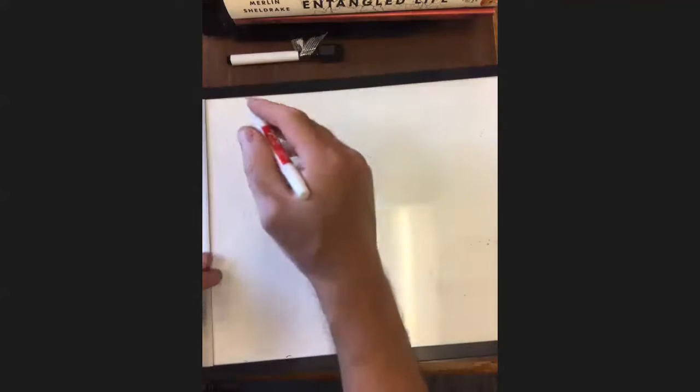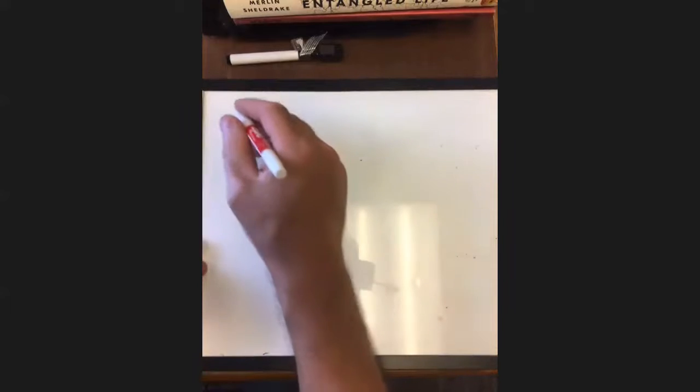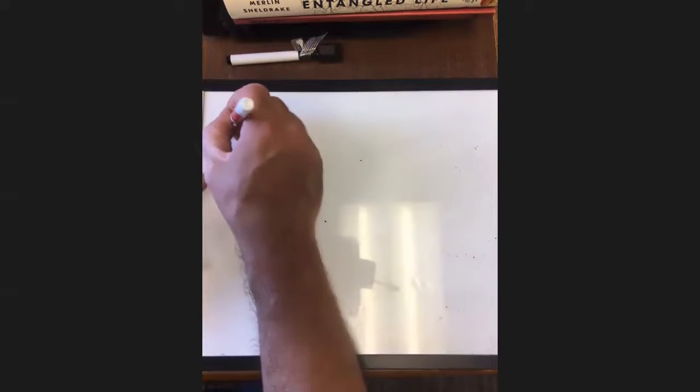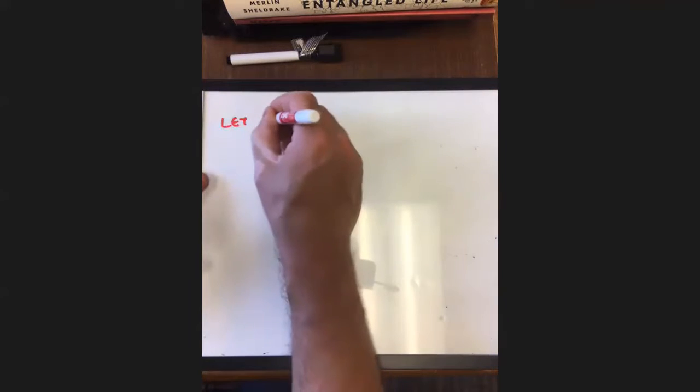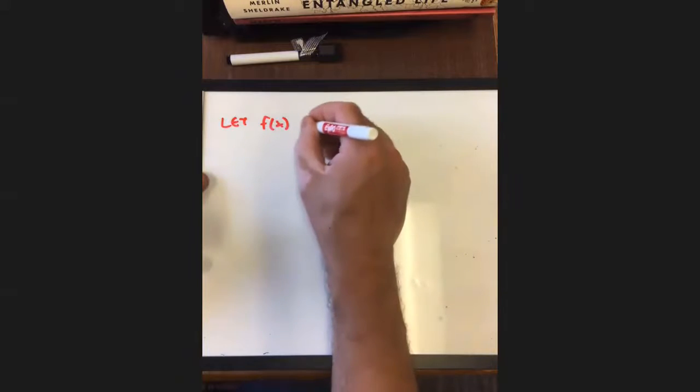I want to look at a few easy derivatives to take, just to make sure that we're on the same page with notation. So just to begin here, apologies in advance if I move out of the screen range here, or it's a little jerky. I'm using my iPhone as a document camera right now. But if we have f of x as a function we're looking at,